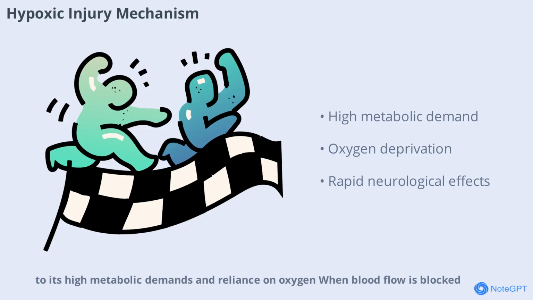When blood flow is blocked, the resulting lack of oxygen and nutrients leads to rapid neurological effects. Glutamate release and metabolic disturbances further contribute to cell damage. The extent of permanent injury depends on how quickly blood flow can be restored and the specific area of the